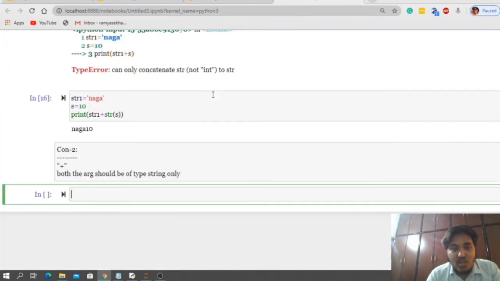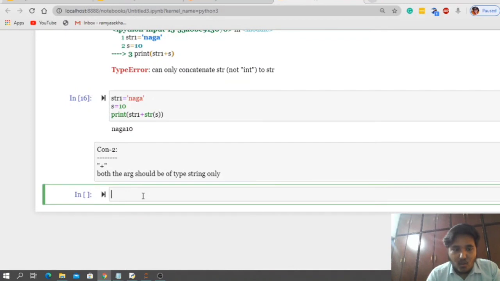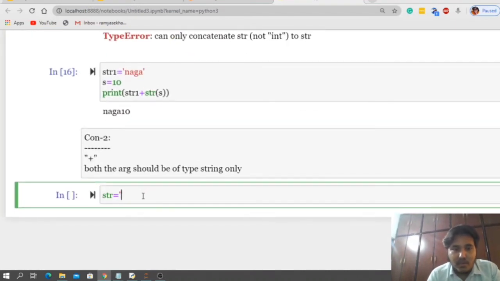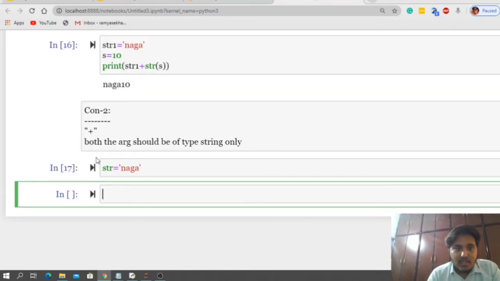Let us move on to the third conclusion. Now what I am going to do is take str is equal to Naga. Is this clear? Yeah. And str1 is equal to Naga, and I want to print str1 star 3.